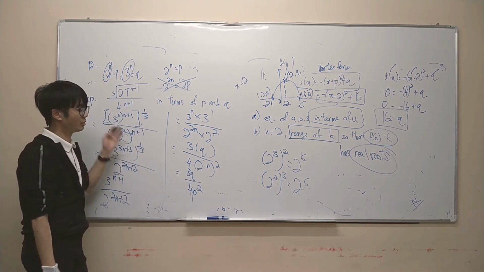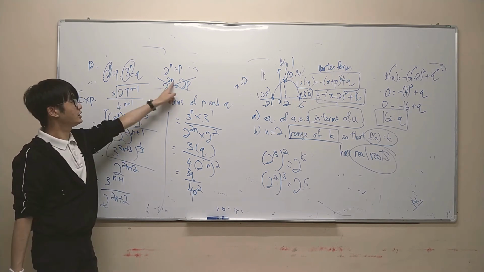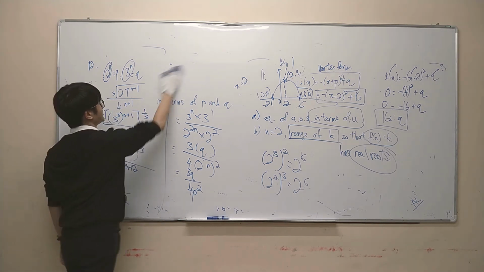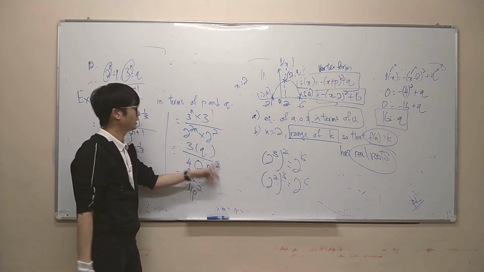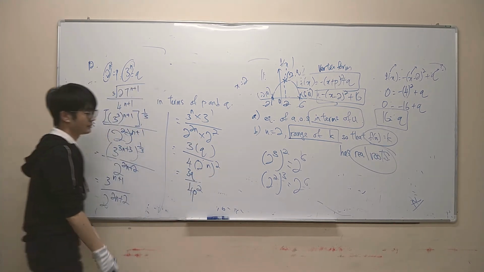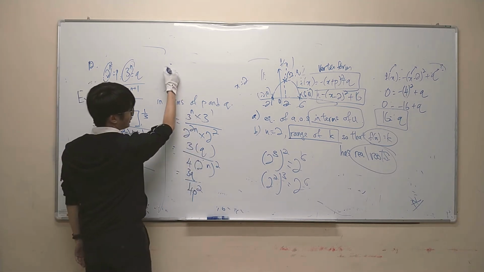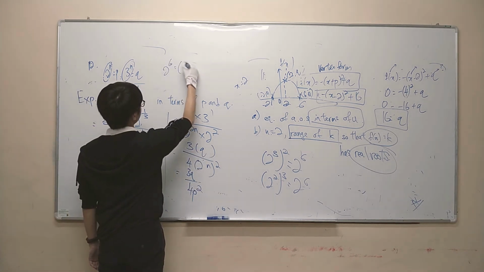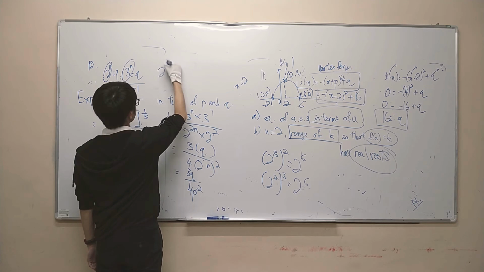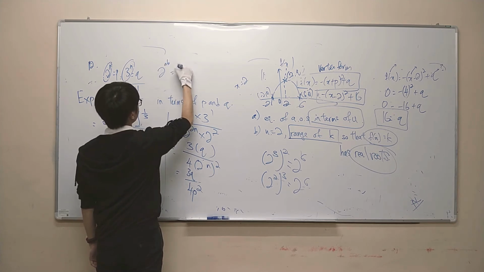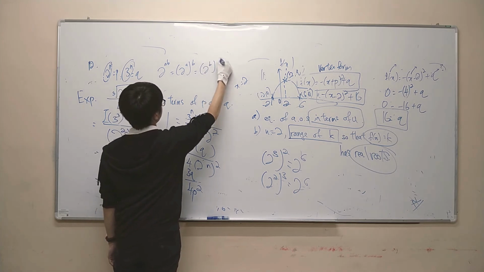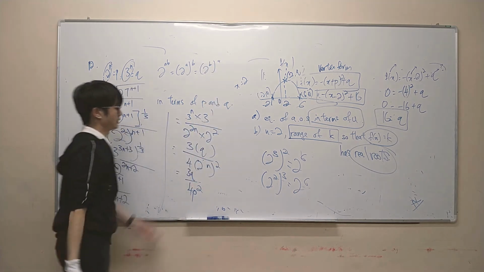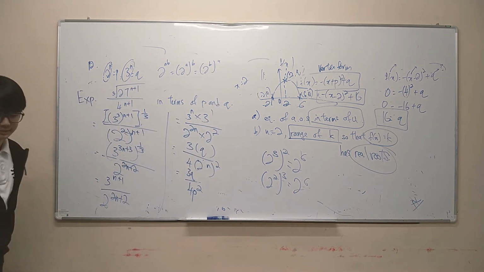So the answer is 3q over 4p squared. Bukannya this is the wrong one. Okay? Boleh faham ke? N double adalah 2n lah. It means if I want 2 power ab, I can write it as 2 power a power b, or I can write it as 2 power b power a. These all mean the same thing. So,